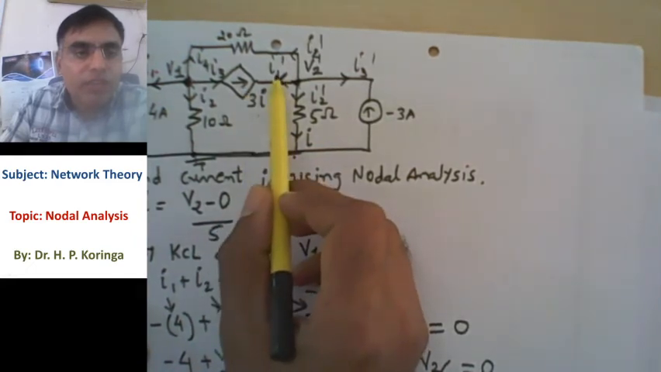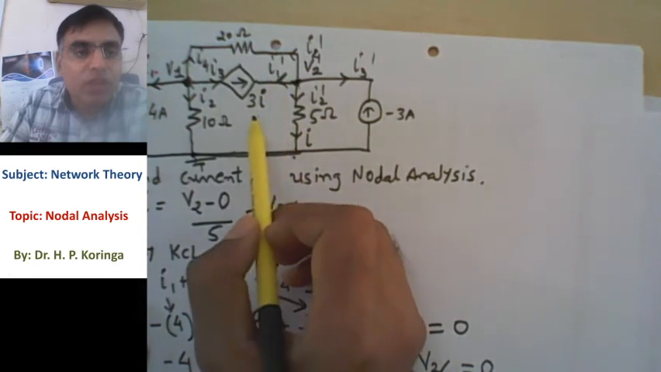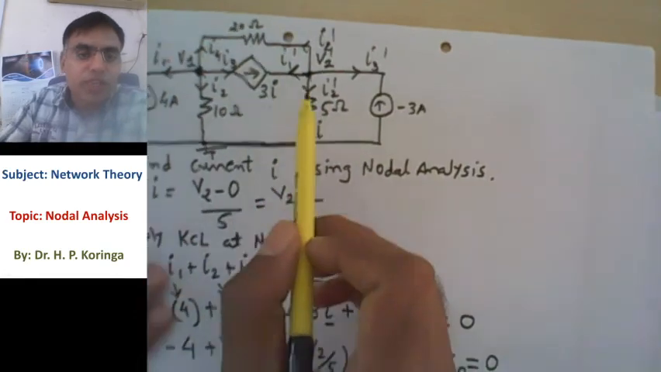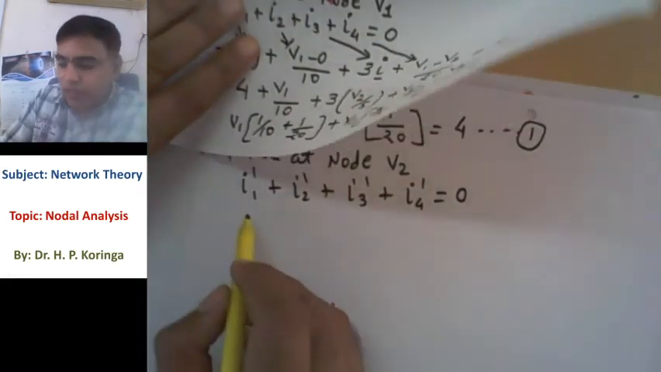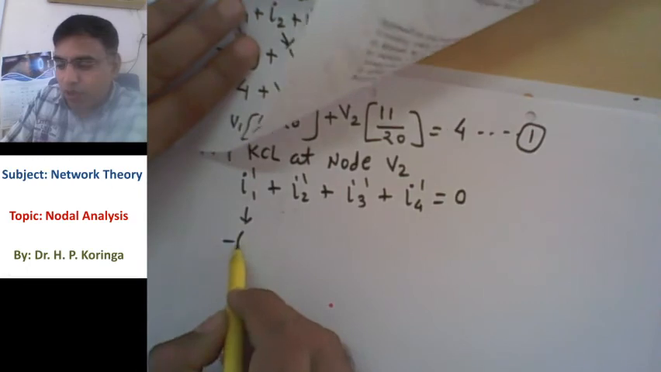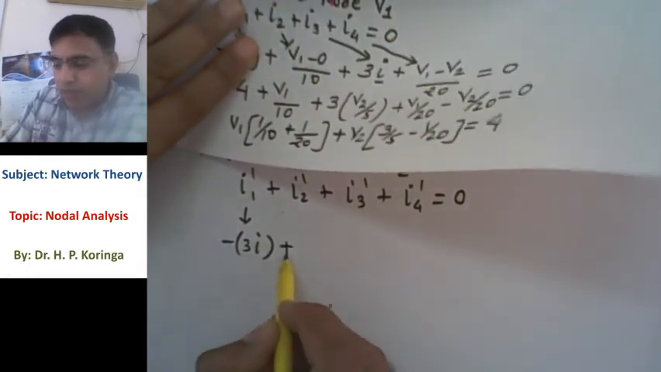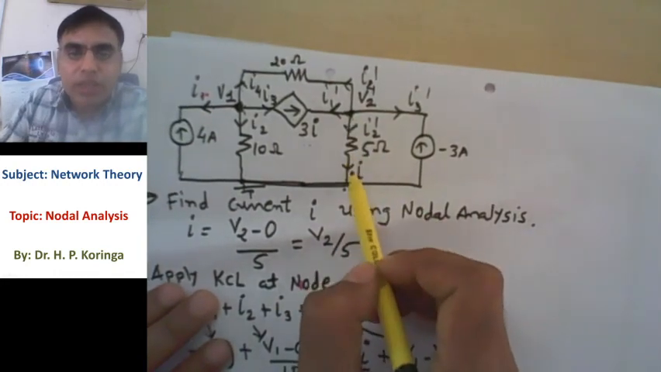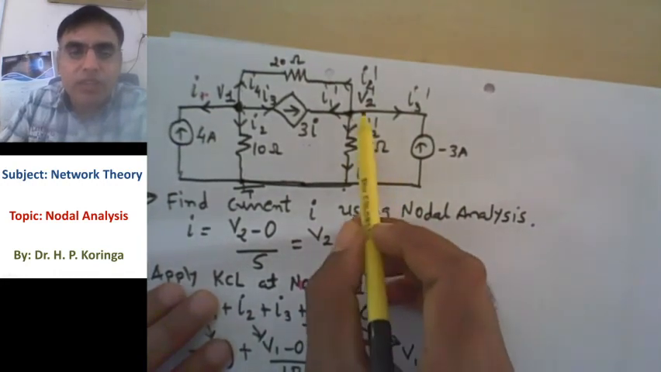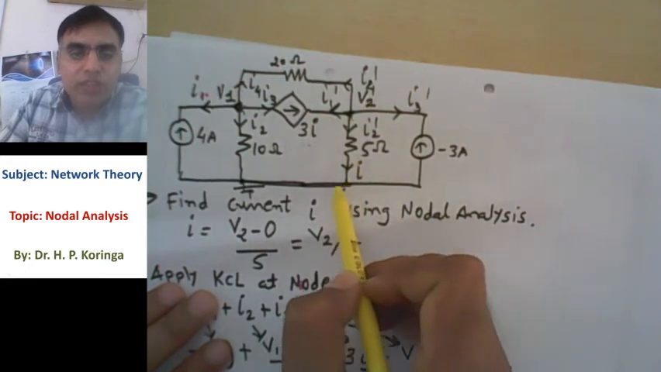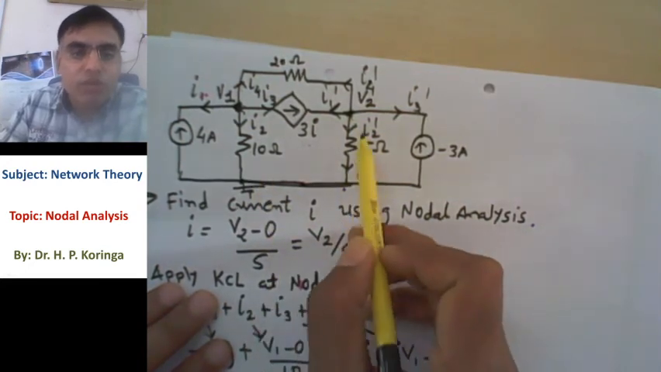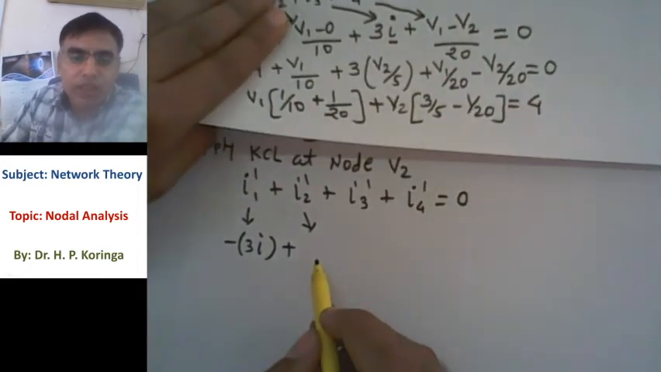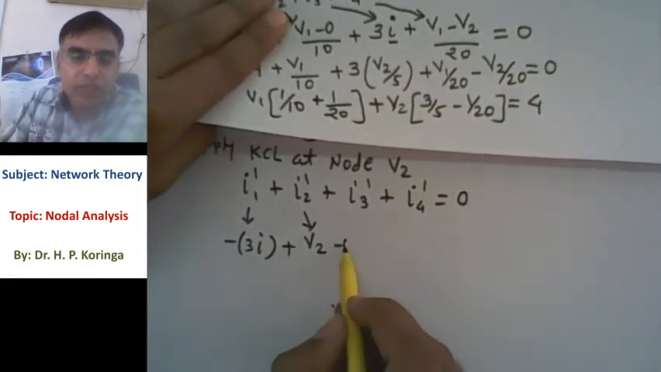So I1 dash we can represent is a negative of the control source value. So I1 dash is equal to negative of 3I, so I1 dash is minus 3I, plus I2 dash. So I2 dash is the current passing in this 5 ohm resistance branch. It is V2 minus, this is connected at reference, so 0. So V2 minus 0 divided by 5. So I2 dash is V2 minus 0 divided by 5